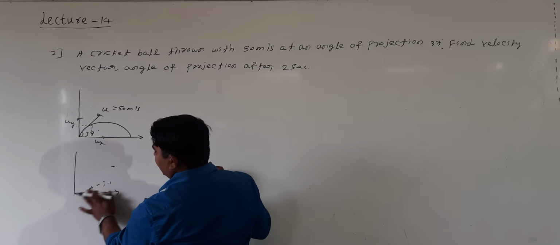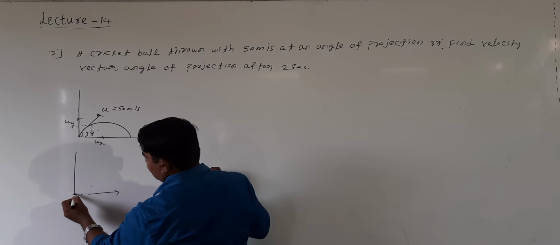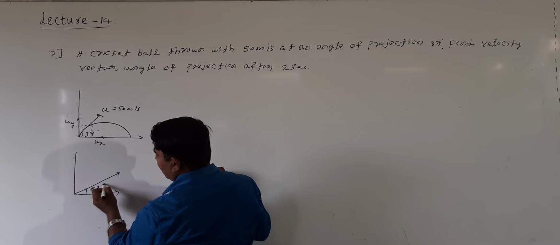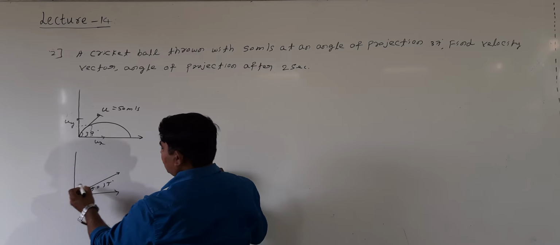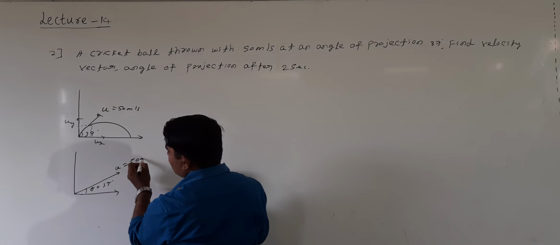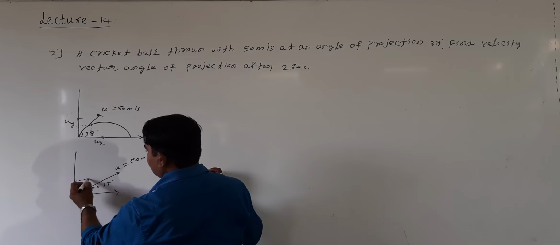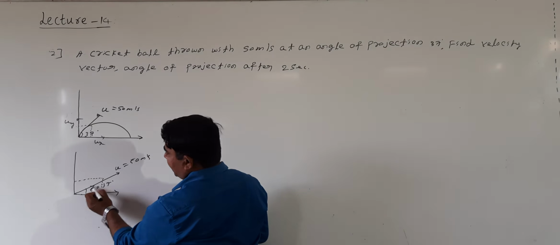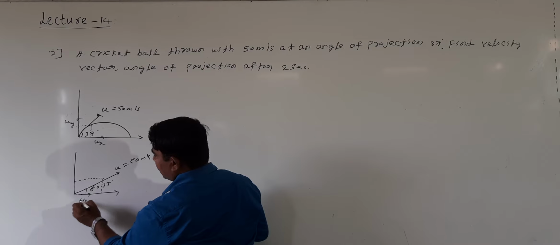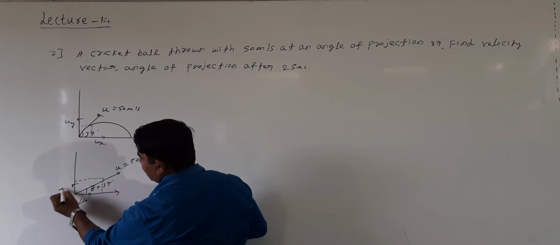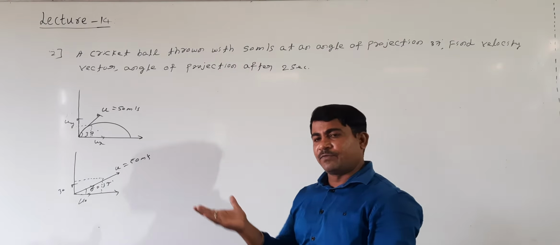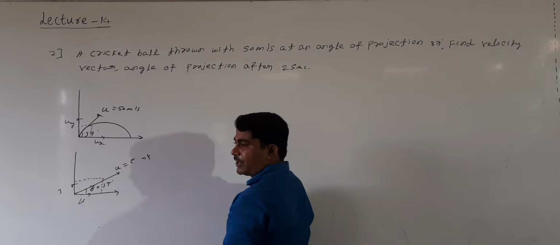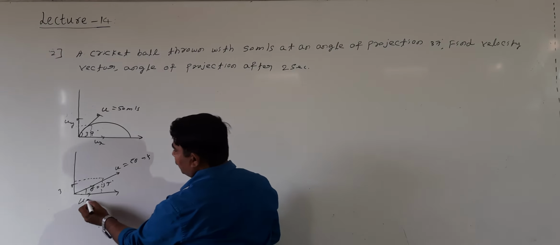Now see here, 37 degree maybe looks like this. See here, this is 37 degree. Theta equal to how much? 37 degree. U is equal to 50 meter per second. Right. If this is 50 meter per second, what about this then? 40 meter per second. This is how much? 30 meter per second. You can confirm it. So if it is 5, then this was 4 and 3, right? But it is 50, so this is 40. This is how much?